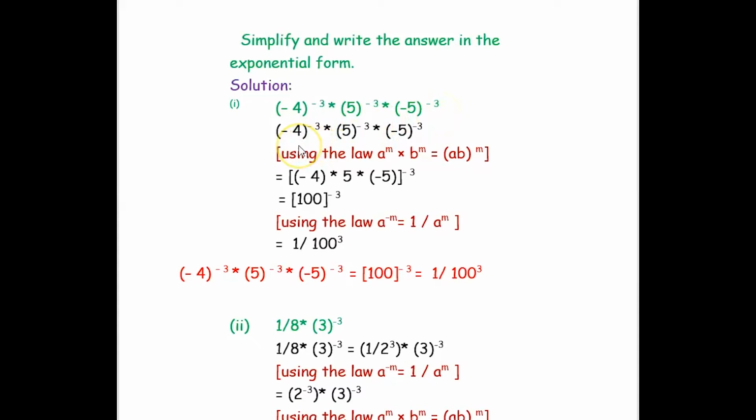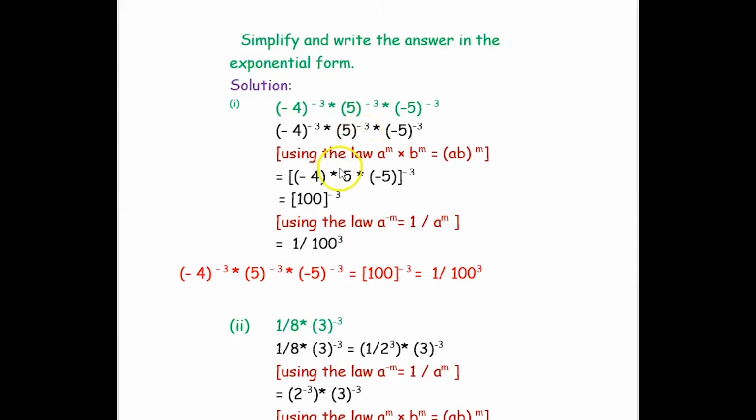Now if you observe the given question, all the exponents are the same but the bases are different. So we are going to use the law a^m into b^m equals (ab)^m. Here the bases are different but the power is the same, so we multiply the bases and write the power once. First we take the first two numbers, -4 and 5. If you multiply -4 and 5, you will get (-20) raised to the power of